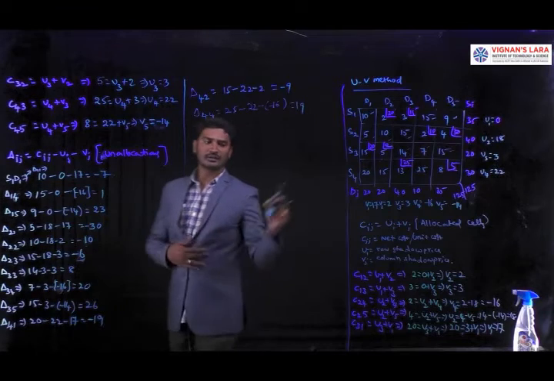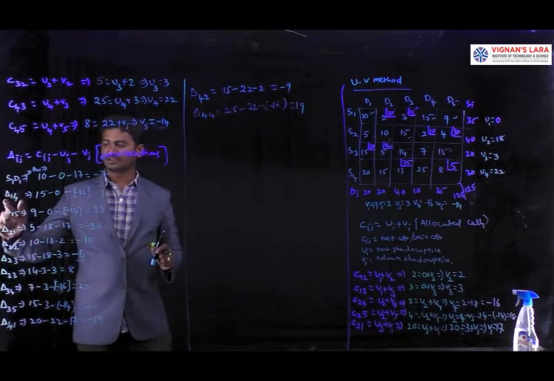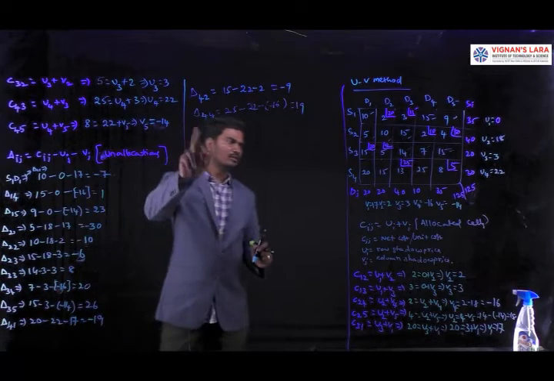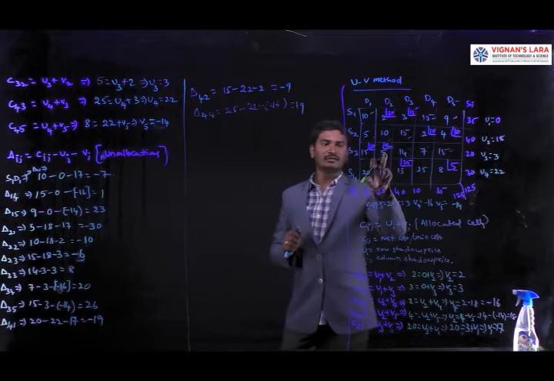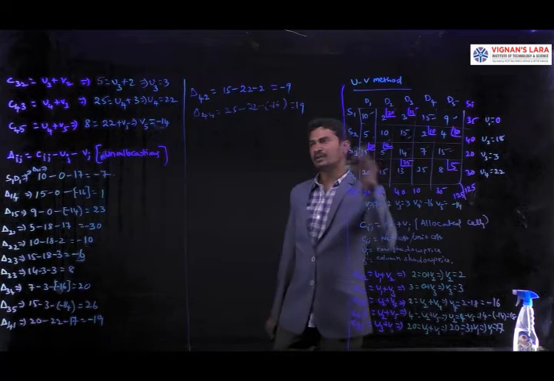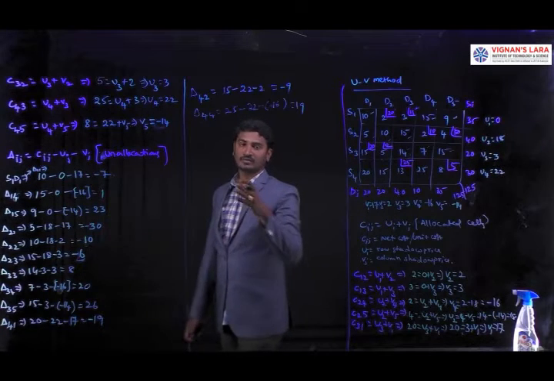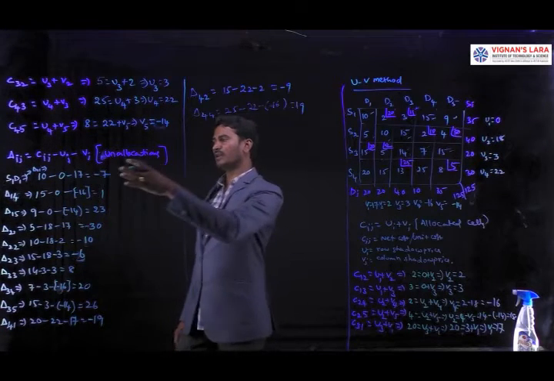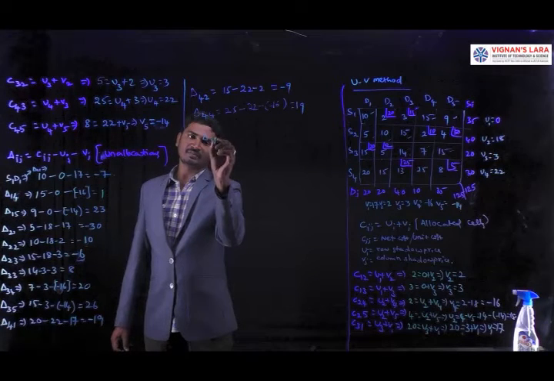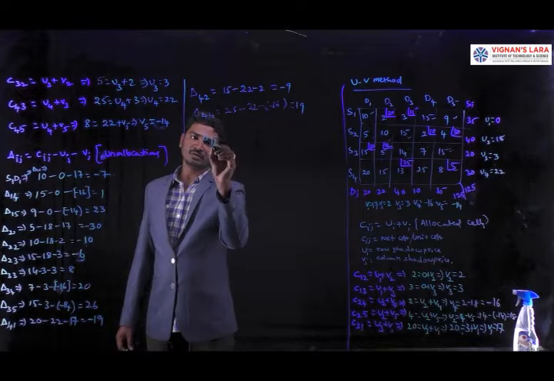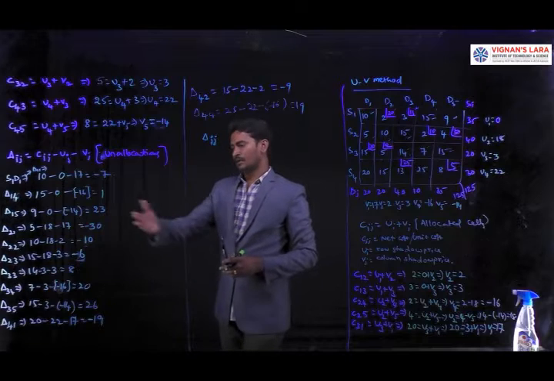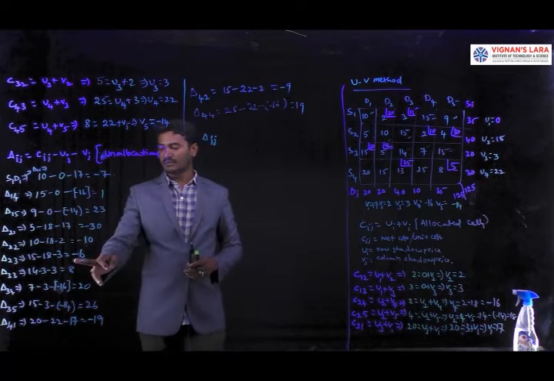Here we have total 13 unallocated cells. We are calculating 13, 1 2 3 4 5 6 7 8 9 10 11 12 only. Oh, one another allocation is there. So after this allocation we have only 12 unallocations. For the 12 we are calculating the delta ij values. From this we are going to check the dij value. If the dij is greater than or equal to 0, we are stopping the solution and we are going to calculate the optimal solution. But here we have the negative values.